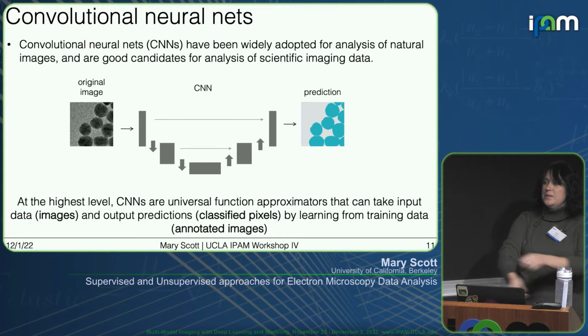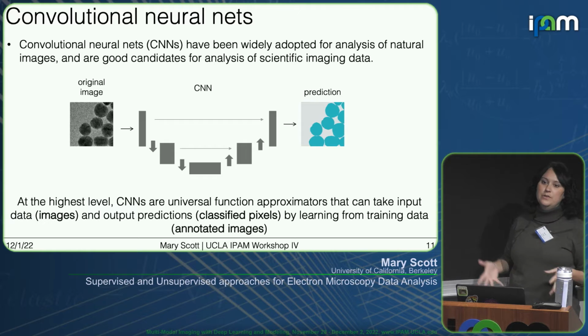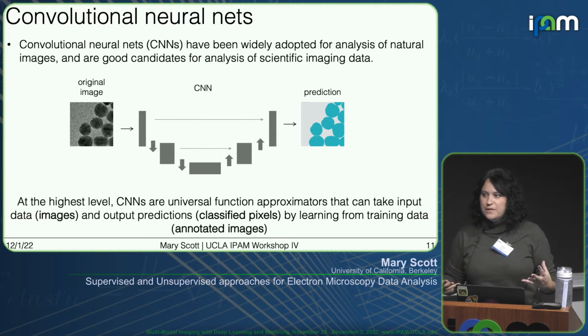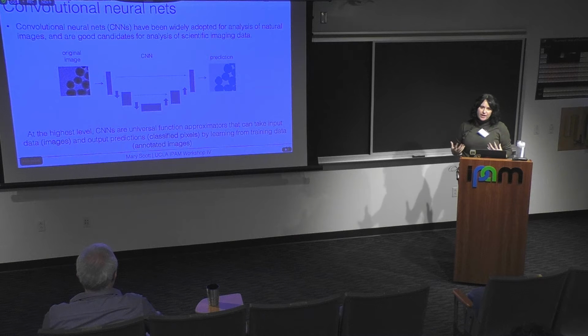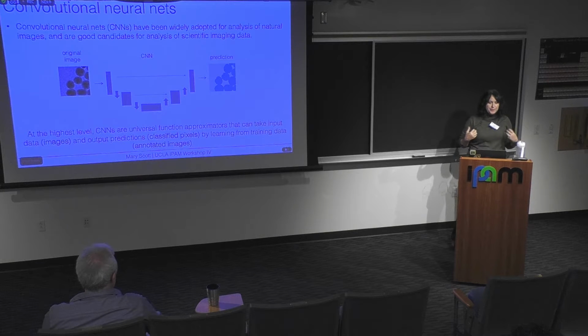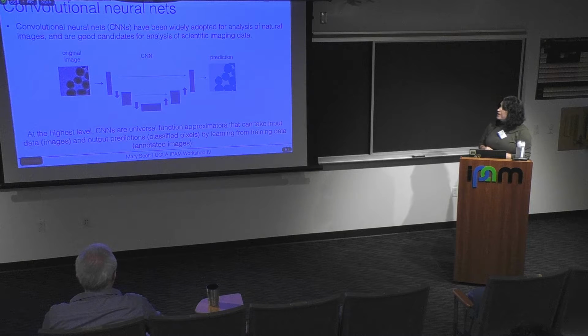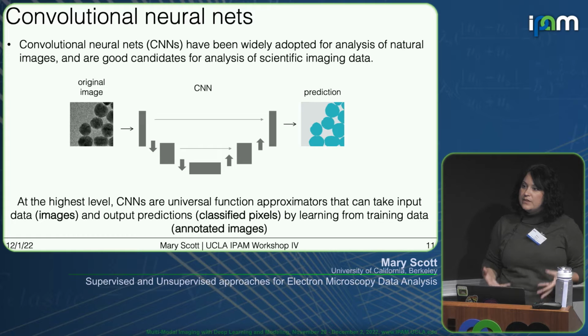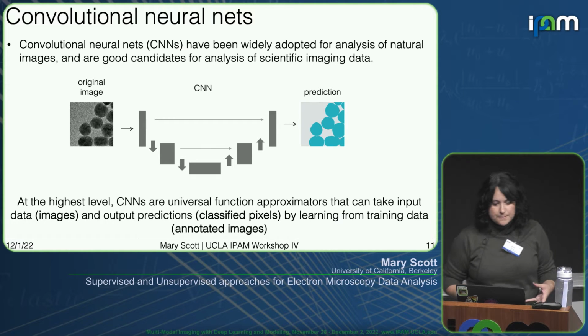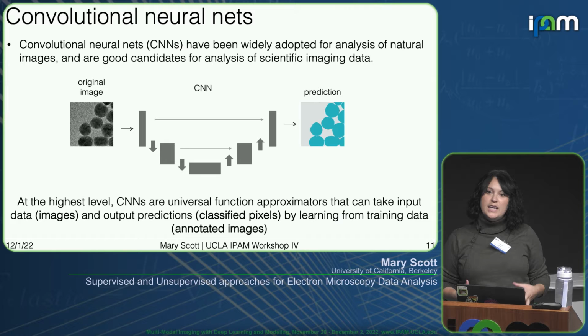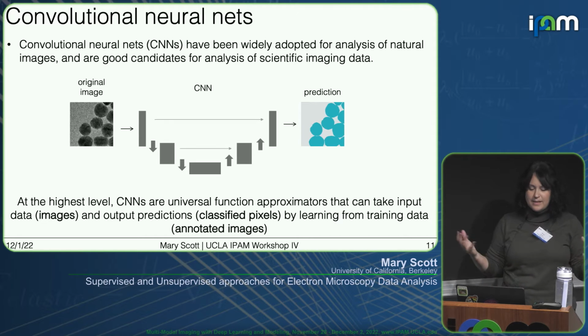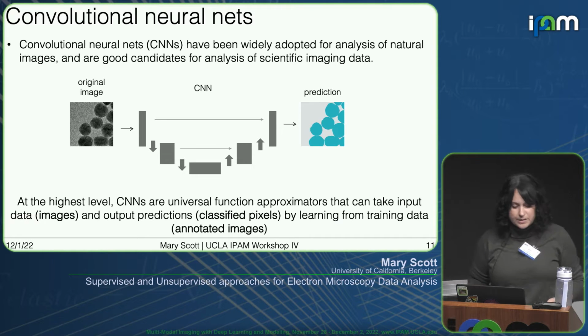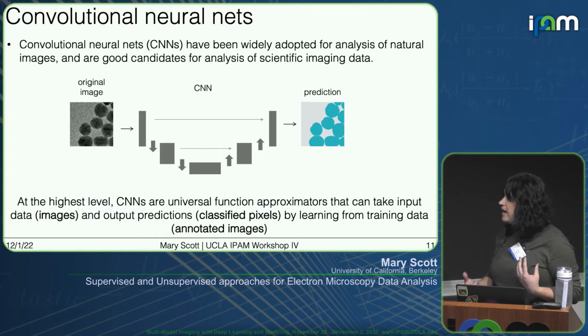Okay, and since we're talking about image segmentation, of course, we are going to talk about convolutional neural nets. Probably for this audience, I don't need to introduce or motivate this very much, but of course, CNNs, ConvNets have been widely adopted for analysis of natural images and are good candidates for analysis of scientific imaging data. And we're seeing increasing adoption in the scientific community of convolutional neural nets. And really, I'm not going to dig in too much to the details of what a convnet is. I don't think I need to for this audience, but